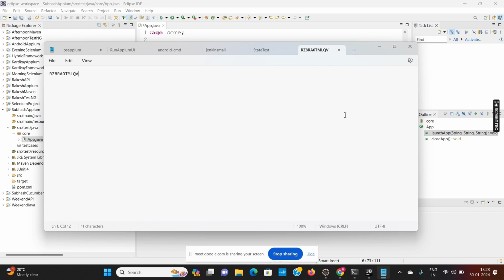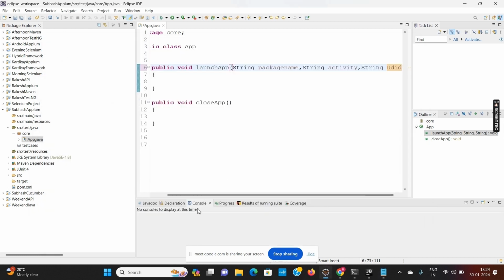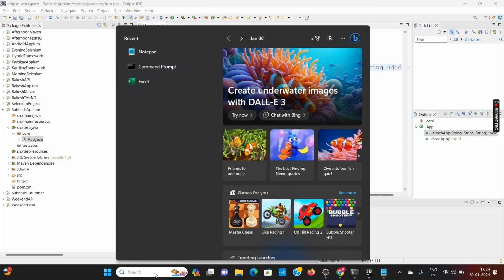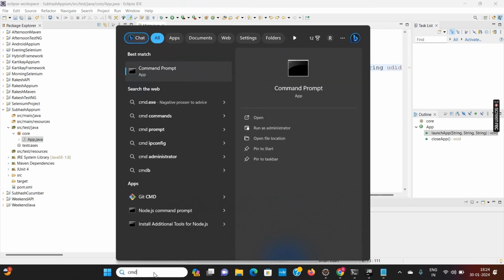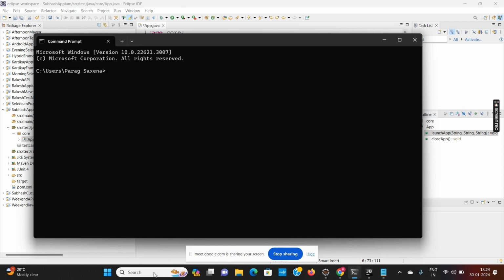But how to get the activity and package name? For that, you have to again open a new command prompt, and in this new command prompt you have to write adb shell. This is the command, adb shell.